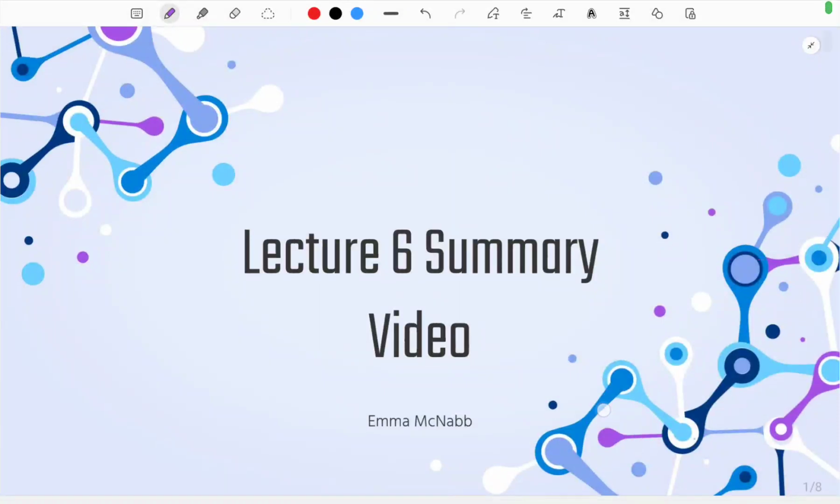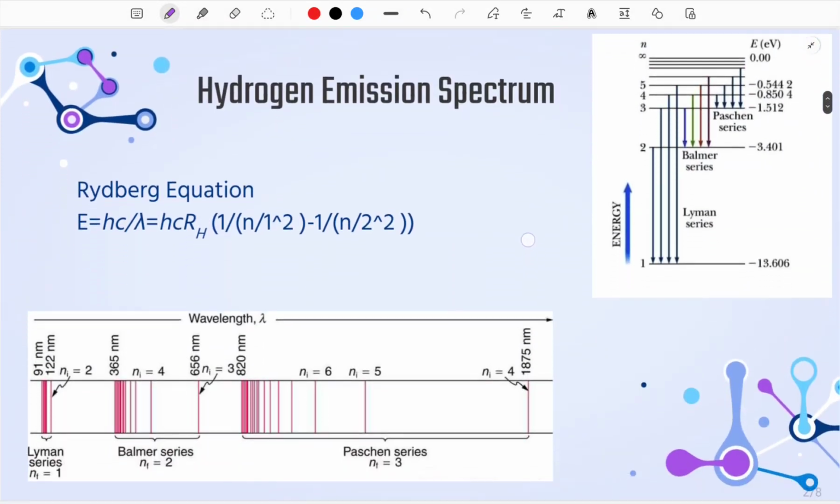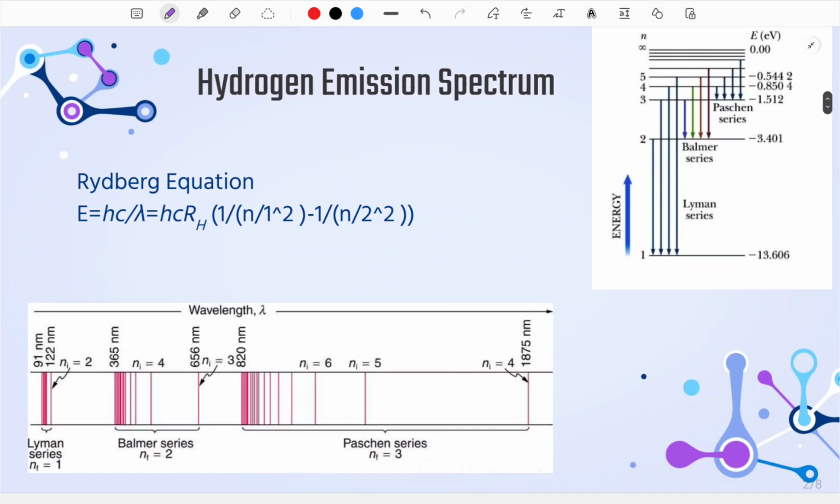Lecture 6 summary video. So the first thing that we talked about is going to be the hydrogen emission spectrum. And we talked about this in lecture 5, but the main thing that we hit on in lecture 6 is going to be the relation between these two images. So as we're looking at this one up here, the first thing that we're going to notice is that we